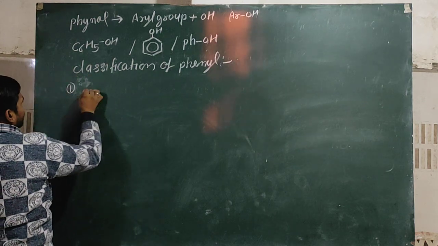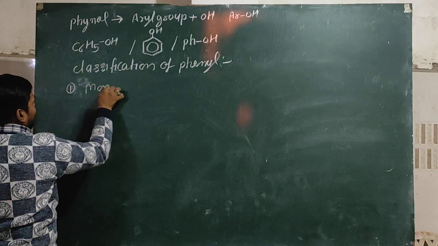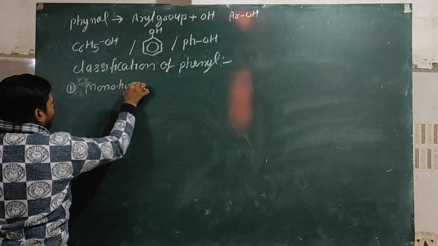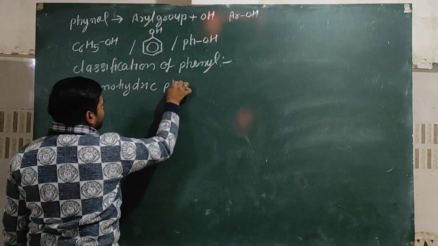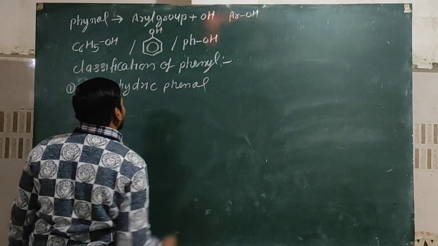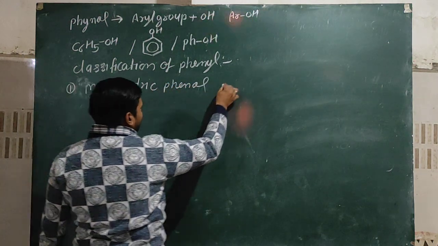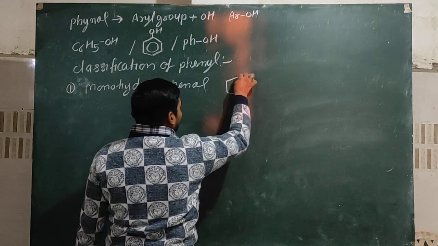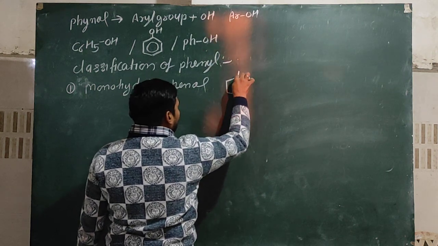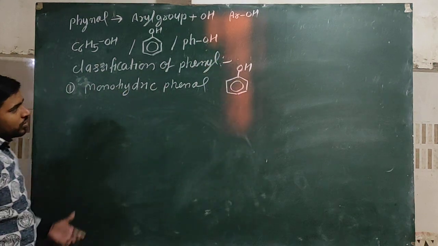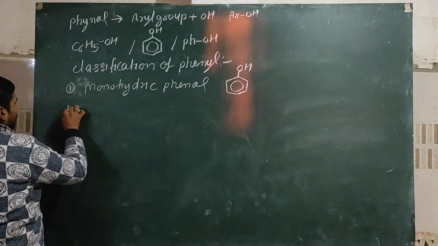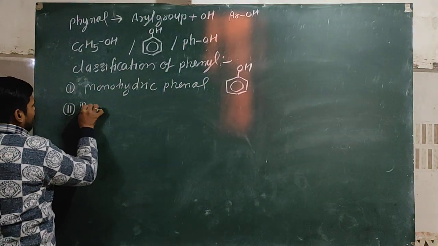First is known as monohydric phenol. In this situation, the phenyl ring contains only one OH group in its structure, then it is known as monohydric phenol. Second is